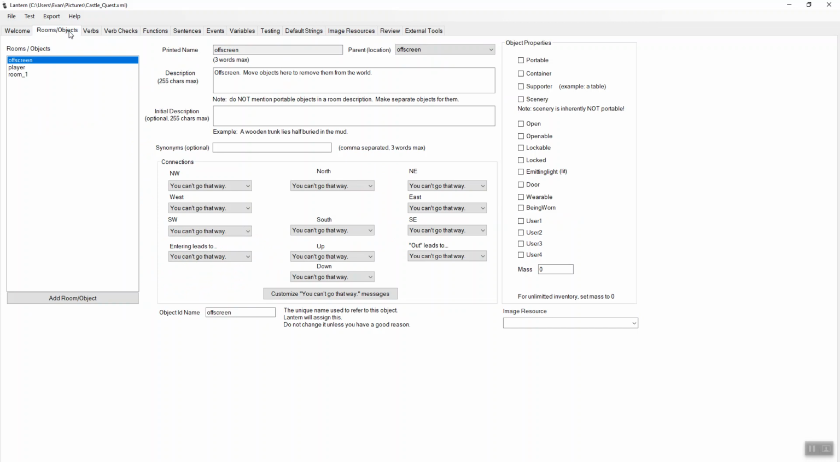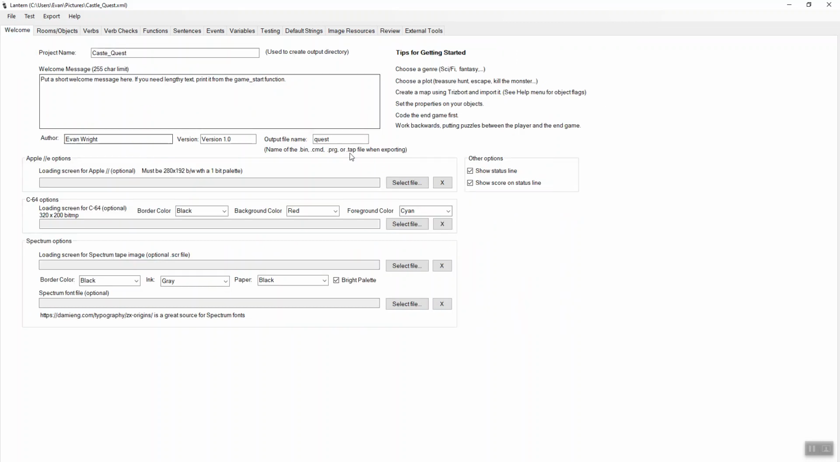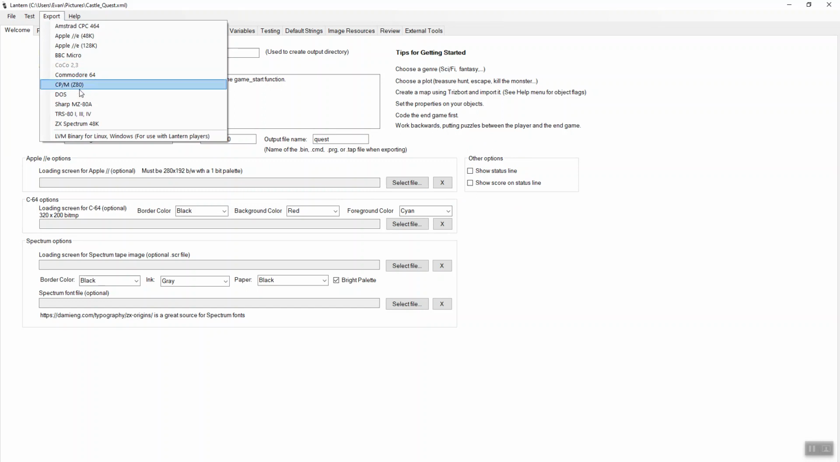Also, if you do want graphics, it is probably best to uncheck Show Status Line, as maybe you don't want a score on the top of your screen. So if you're going to have graphics, you probably want to uncheck these. And then let me resave my project. Now what I'm going to do is export this for DOS,